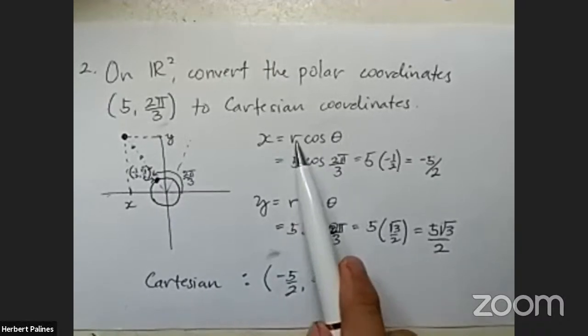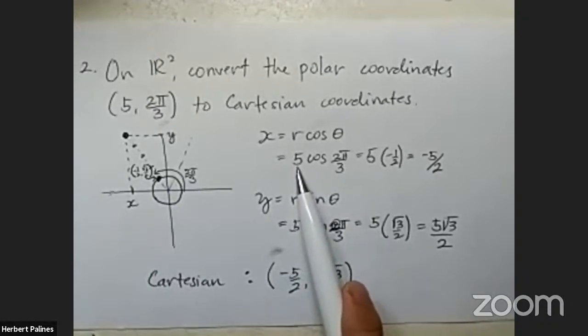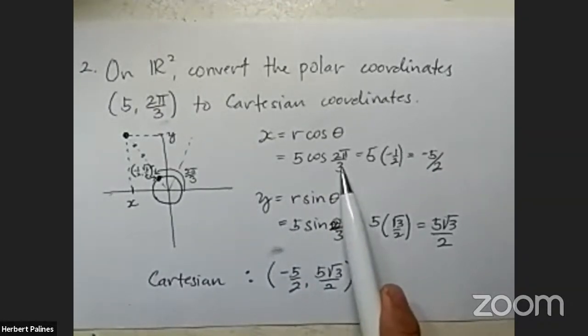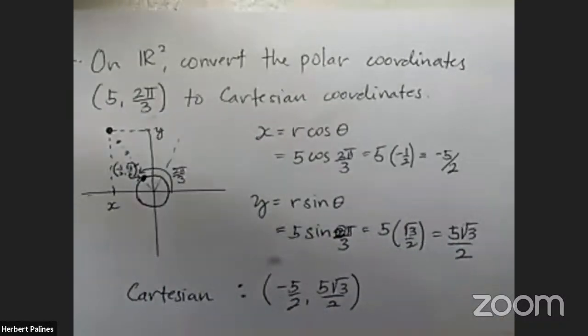So all you have to do is to replace r by 5 and theta by 2 pi over 3, and then compute 5 cosine 2 pi over 3. And this, know that cosine